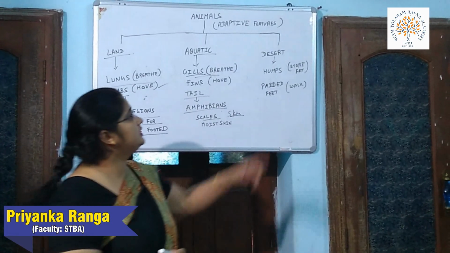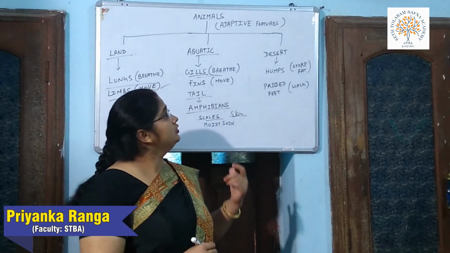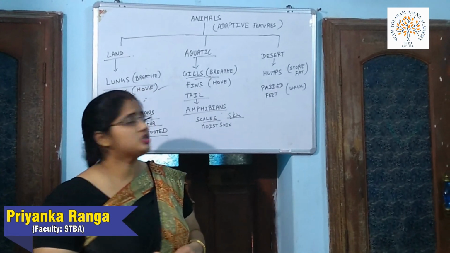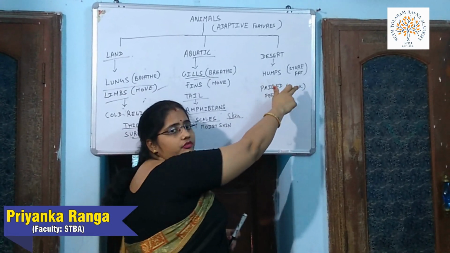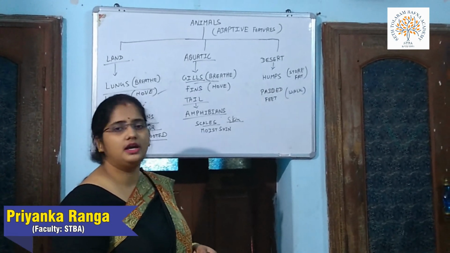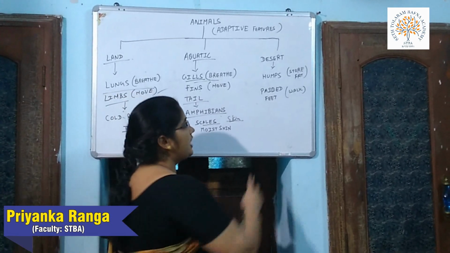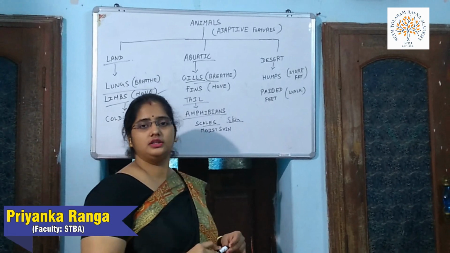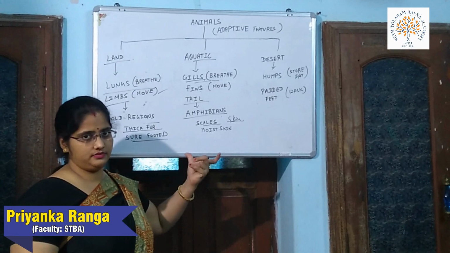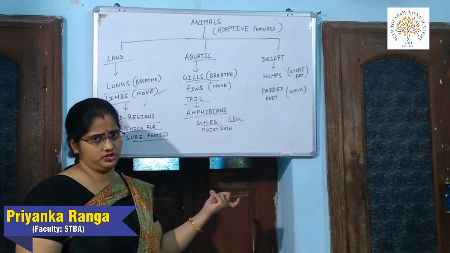Now we will talk about the desert animals. You know what a desert is? It is very high in temperature. So in order to live in a desert area, the animals have special humps so that they can store fat and water for a very long period of time. An example of a desert animal is the camel. You all know the camel is a very common desert animal. Also they have padded feet so that they can walk in the sand. So these are the adaptive features of the animals. We have categorized the animals in these categories and learned in short about their adaptive features.